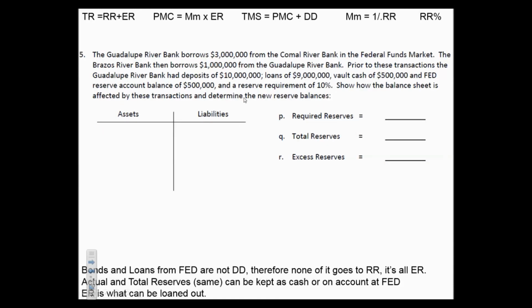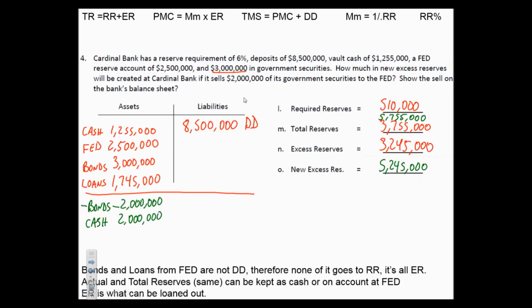Okay? I'm going to leave this now, and just so you don't stress out, the fifth one, you're not going to see anything like this on your test. But all we're doing here is a bank is borrowing from another bank, and then another bank is getting a loan from another. I mean, it's just loans. Yeah, super fast. So we'll get to a couple of